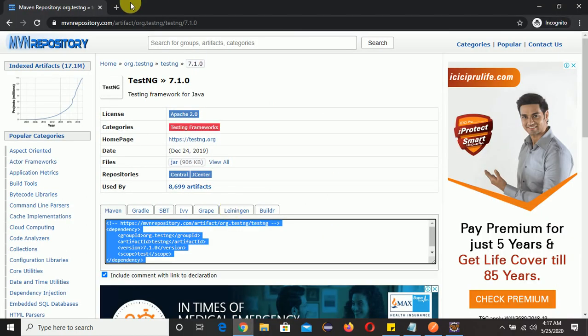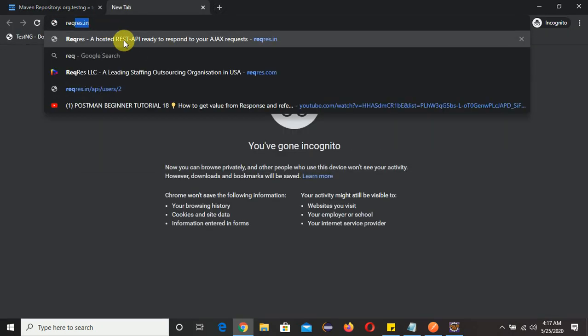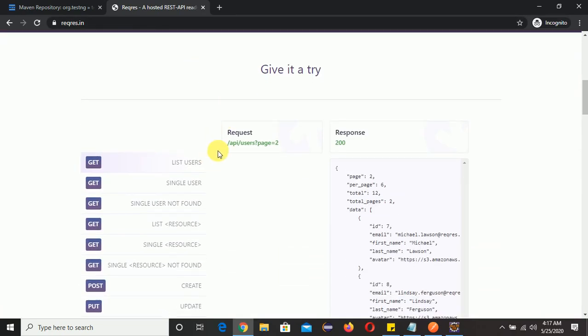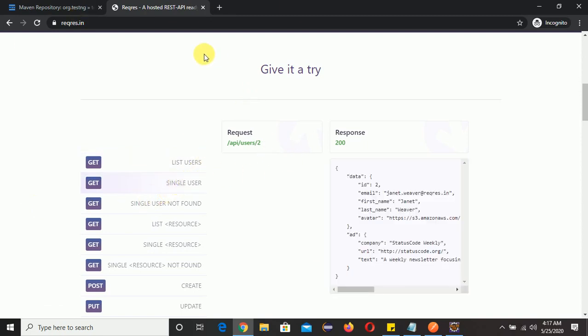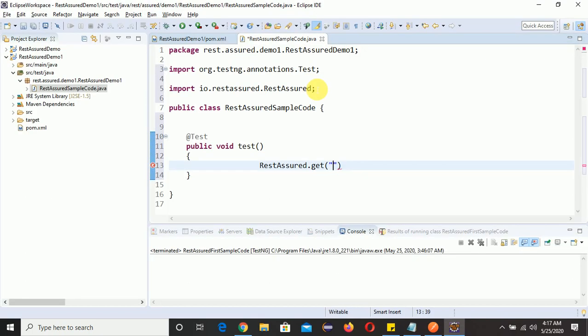So I will tell you one free API. Go to the REQRES website. If you scroll down, I will take this API. This is a free API. Just click here. You will find the URL. Click here. Now this is the URL you need to copy. Control C. Go here and semicolon. Now we need to store it somewhere, right?